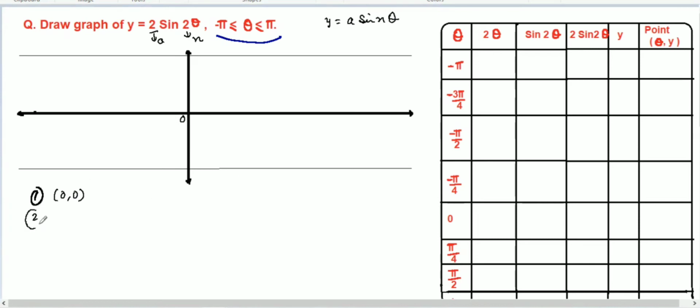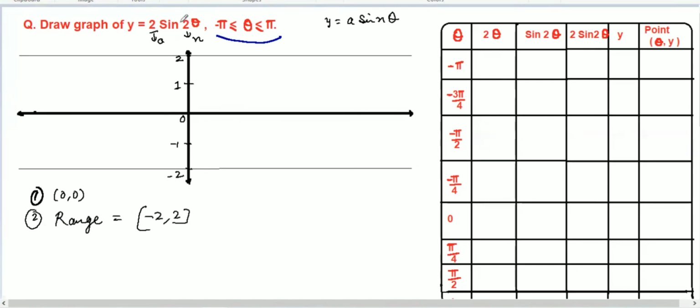It means, second point, we need to know this is for the range. This will help me find the range of the graph. The range of the graph will be -2 to 2. So write down the range here: this will be 1 and this point 2, then -1 and -2. Now we have the range here.